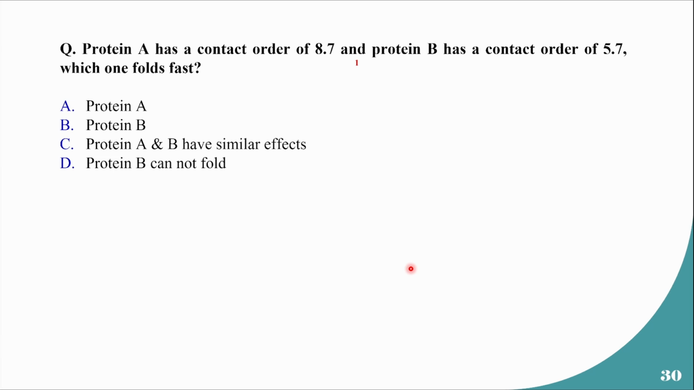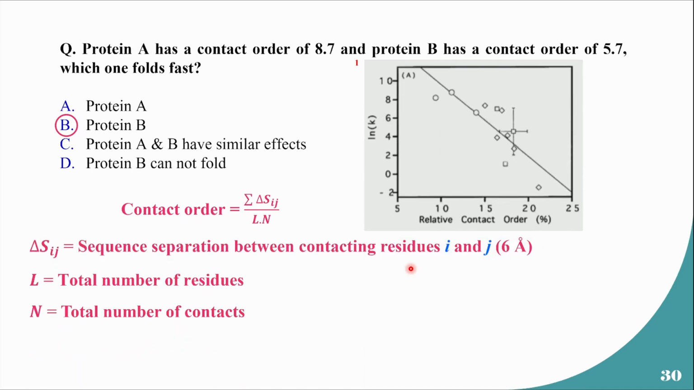So I see one answer B in the chat. Yeah, in this case, the answer would have been answer B. Now, what is contact order particularly? If you look at the formula,